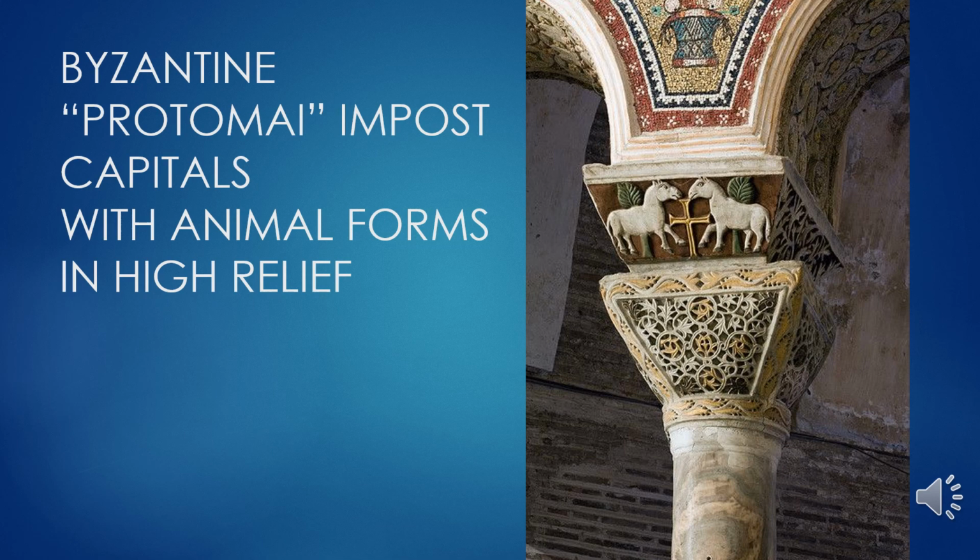Also in San Vitale, we will see the use of what's called a protomi capital, which is the part of the capital on the column that shows a carving of a scene. And these are often, again, used to show ideas and concepts from the Bible. And also what's called an impost capital, which is that upside down pyramid shape that's connecting the column up to the arches above. And these are often heavily carved, like you can see here, to create this kind of lacy look.